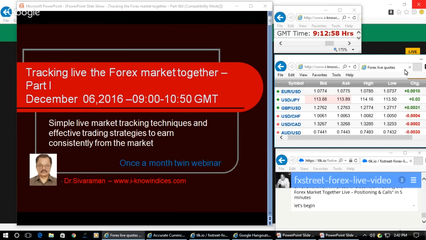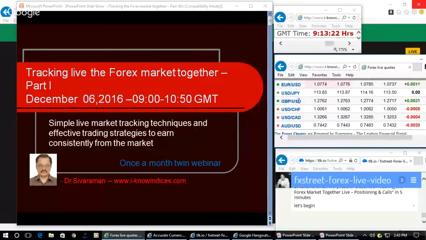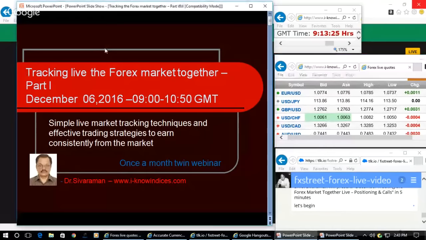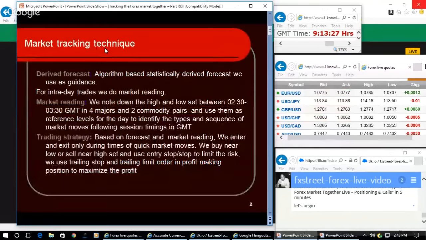It is not Bollinger curve, or Fibonacci retracement, or Elliott's wave theory. But the players make specific types of moves, and those moves we need to understand. So I will explain my simple market tracking technique. In this market tracking technique, we use three components, namely the derived forecast, then the market reading, and